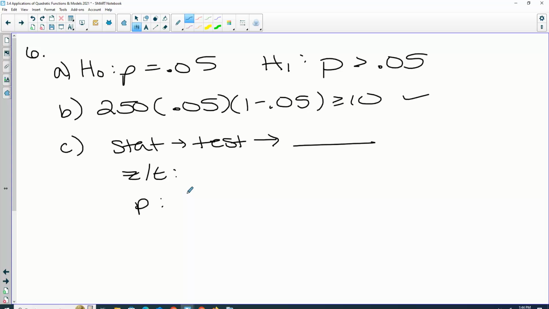Okay, so then we go stat, test, which one am I going to? Okay, then we have to fill in the blanks, and you'll know if you pick the wrong test because you won't be able to fill in the blanks. It'll ask you for things you don't have. The p of the null is 0.05. What are we using for x? 17. N and